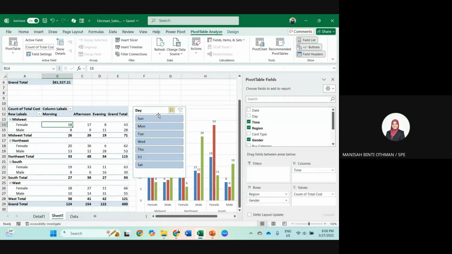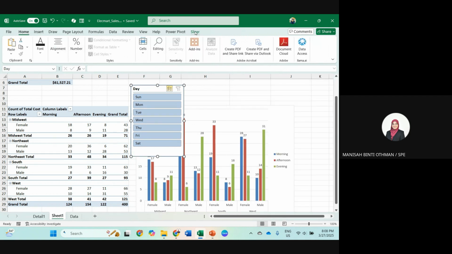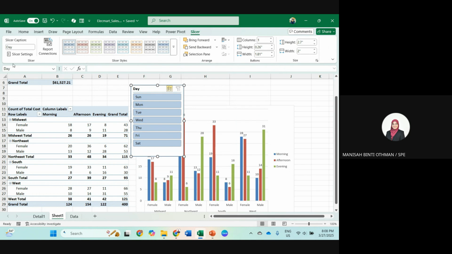Either you add a slicer, an additional function to display, or you can add in this filter. When you click on the slicer, you have an alternative here, the slicer setting.